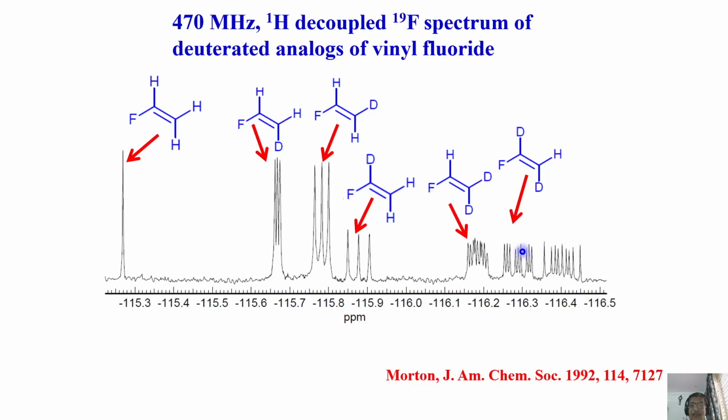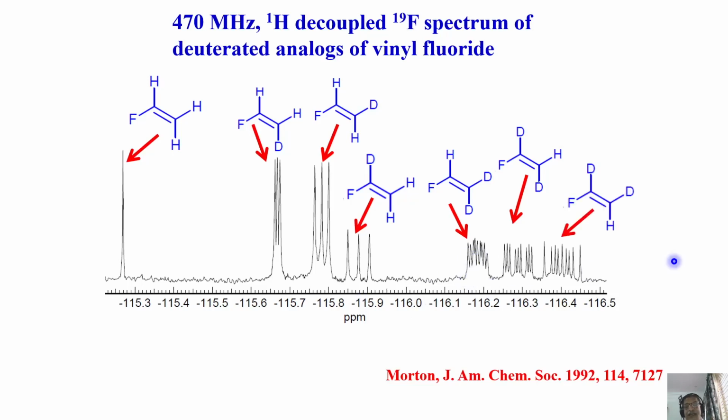Simply take the center of this to the center of this, or the center of this to the center of this, and it should exactly match with this. It's a 2-bond coupling. And then each line of this three-line pattern is further split by another deuterium into three lines. Very clearly you can see 9 lines. That is the beauty of coupling with the second deuterium, right?